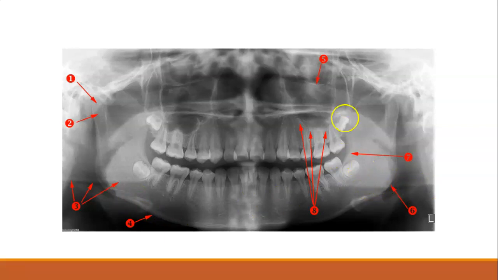Let's see. 5 is the floor of the left orbit. So we get the floor of the left orbit here, probably the floor of the right orbit over here. We can see the floor of the maxillary sinus pretty well here and here. Number 6 is the angle of the left mandible. We got the angle of the mandible here. And then here's a hyoid and hyoid. And then the styloid process is,